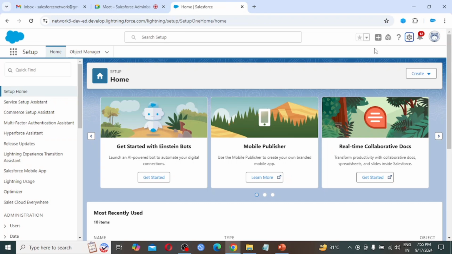Sometimes it takes a little bit of time, so no worries. If it is taking some time, just come again after a couple of minutes. You will be able to see the fields for that particular object. So simply click on setup.